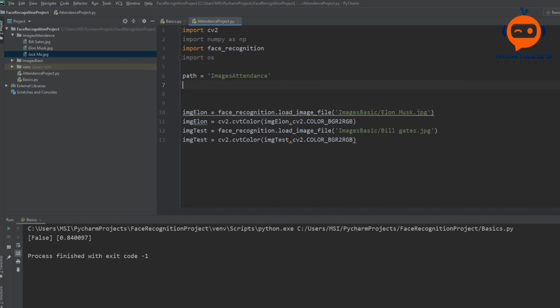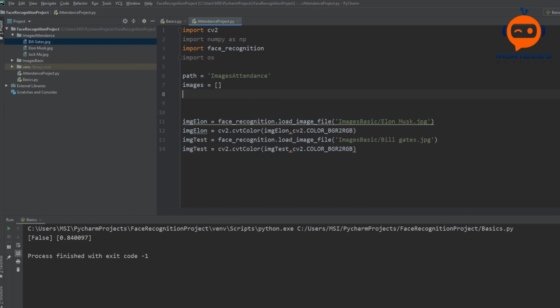So we will call this images, and then we will also write the names of all these images. So we will take the names of each one of them, and when we output the result, we will use these names. So instead of creating a new list where we have to manually type all the names, we can just take it from our image itself.